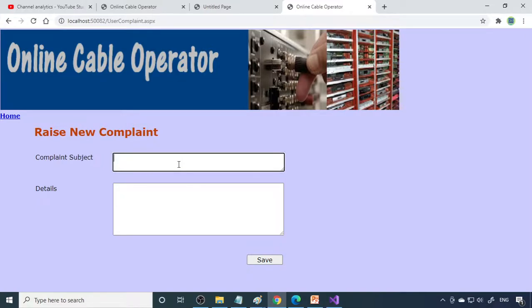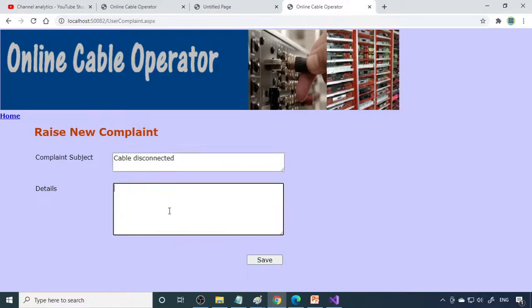Now you can see that cable disconnected due to rough weather. So this is the problem, and you can raise the question.